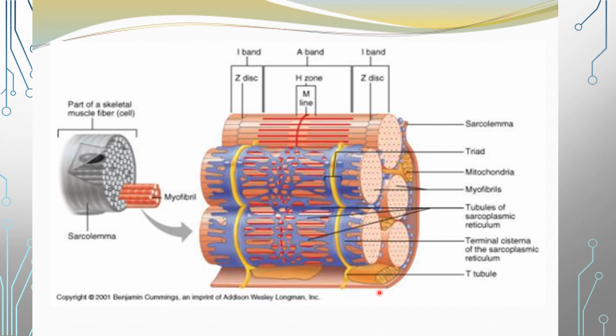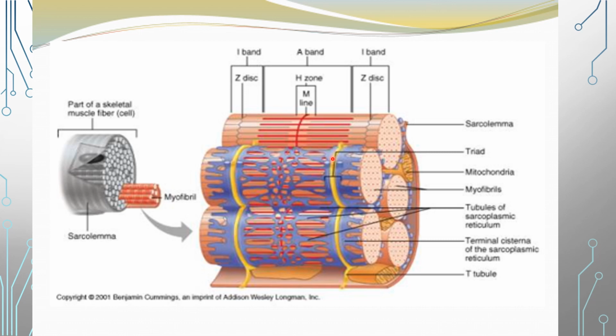Now, the smooth endoplasmic reticulum is organized in the form of sarcoplasmic reticulum, and it encircles each myofibril. These T tubules, along with this sarcoplasmic reticulum, surround each of the myofibrils. The T tubules join each myofibril at the junction of the A and I bands. Now these T tubules have two terminal cisterns, right and left on each side.